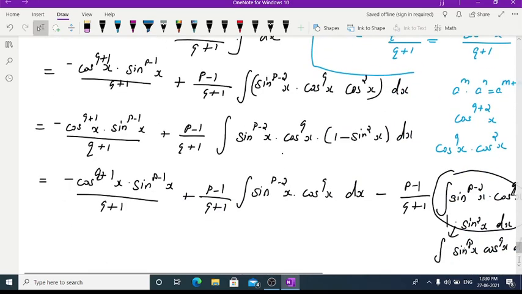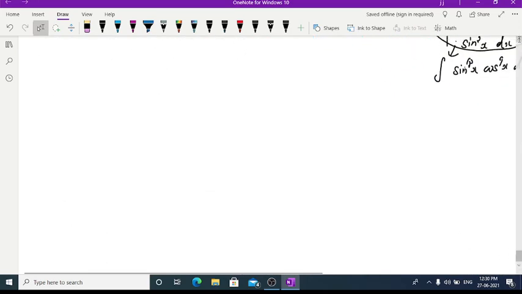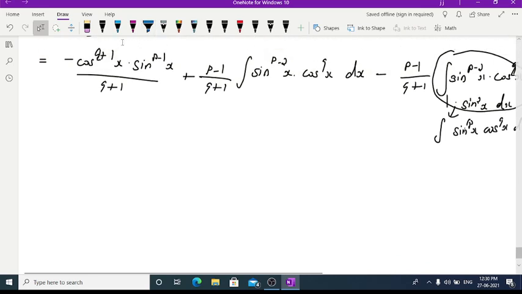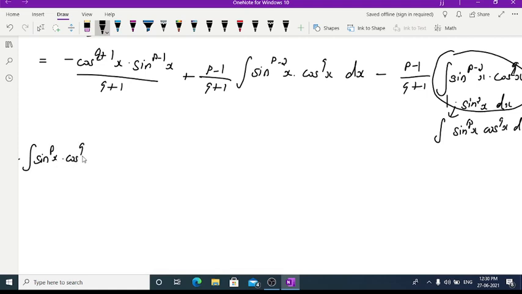So this becomes integral, left side, integral sine raised to p x into cos raised to p x dx, and this term also, integral sine raised to p x into cos raised to p x dx. This also, taking left side, then integral sine raised to p x into cos raised to q x dx, taking this term to left side, so minus becomes plus, plus (p minus 1) divided by (q plus 1) into integral sine raised to p x into cos raised to q x dx equal to